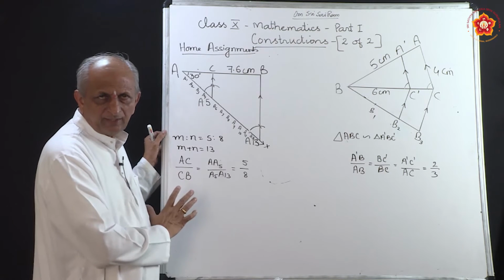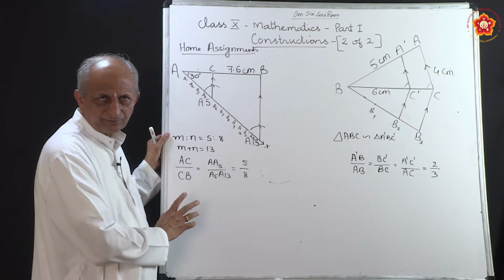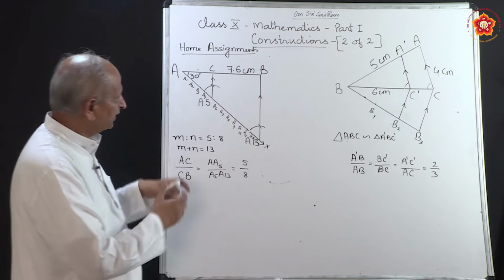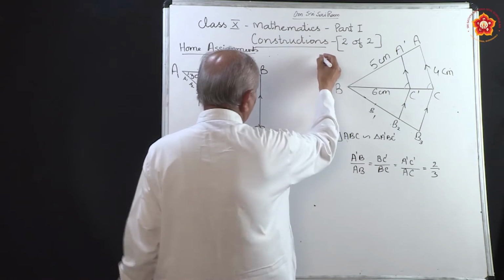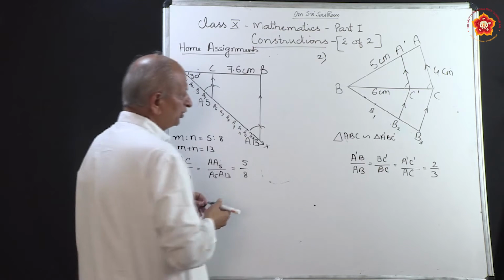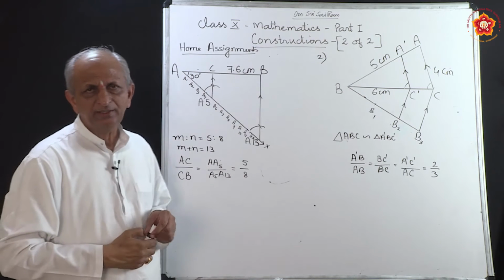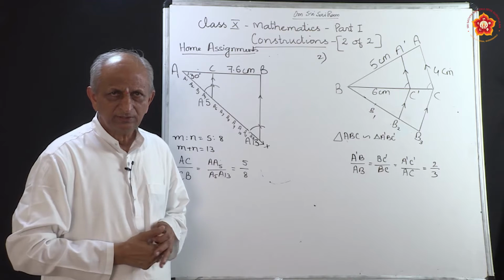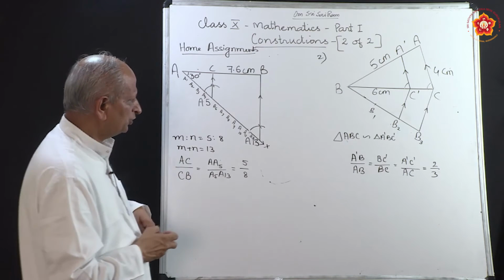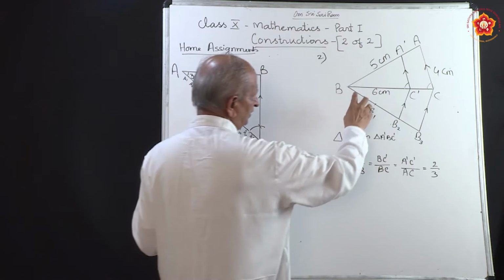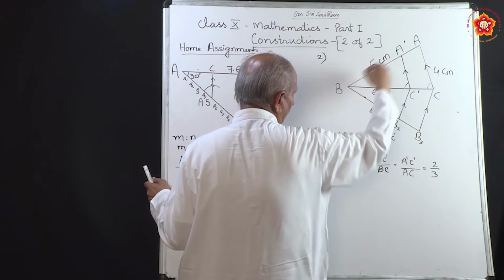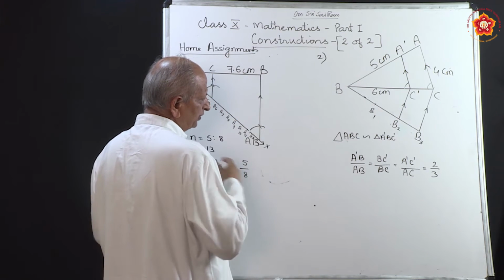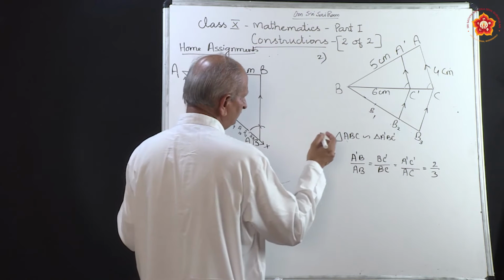Just as the same one which we have done yesterday, and there is one alternative method also, that also you can try. Coming to the second question, second assignment, that is about constructing a similar triangle. We have studied about similar triangles in geometry class. So, we are constructing a similar triangle to ABC. You have to draw one more triangle which is in the ratio of 2 is to 3.